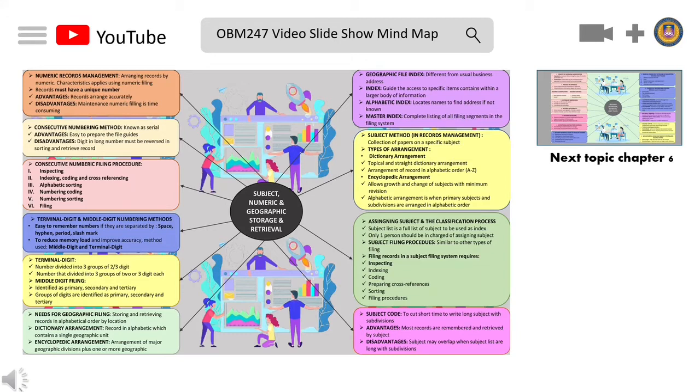and filing. Other than that, terminal digit and middle digit numbering methods, which are easy to remember if numbers are separated by space, hyphen, period and slash mark. To reduce memory load and improve accuracy, methods used are middle digit and terminal digit. Next, needs for geographic filing: storing and retrieving records in alphabetical order by location, dictionary arrangement, records in alphabetic which